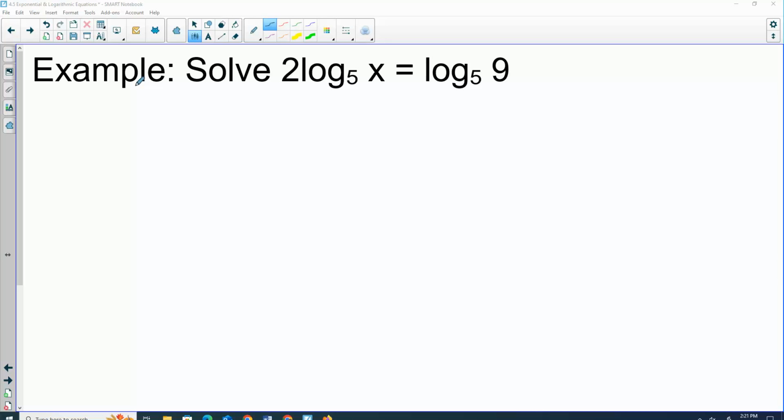So what do you think I should do here? Can we go back to where it's an exponential? So what would happen with this 2? Okay,